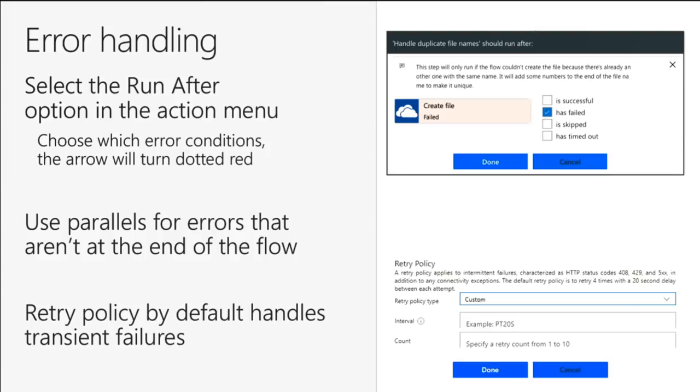If something went wrong with your flow and you want to be able to send a notification to the person who created the flow, you can use error handling steps for that. You can also configure the retry policy, which is meant more for transient errors, for temporary errors, because we'll retry a few times, but if there's kind of a persistent error in the flow,